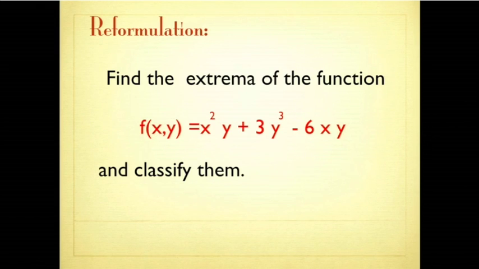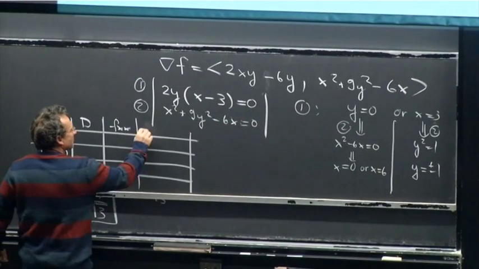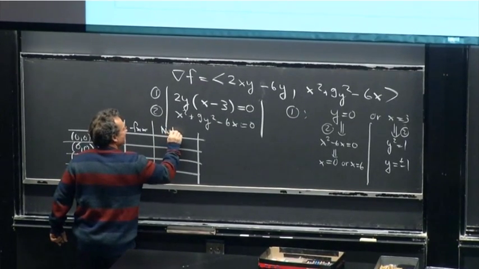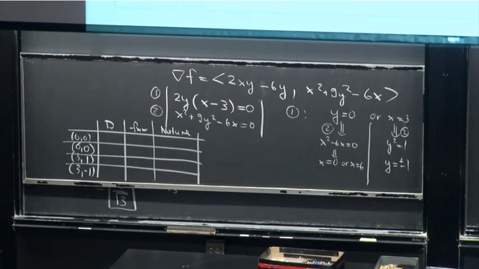So let's just do that with this problem. The first step when you see an extrema problem is first of all to realize that it's an extrema problem, and also to realize it's not a Lagrange problem, right? There is no constraint here. So that's important. Don't use Lagrange if it's not Lagrange. So this is an extrema of a function of two variables. So we have to compute the gradient of this, right? So this has to be 0. We want to find critical points. What is very helpful is to factor things out. We want to compute D, we want to compute fxx, we want to find out what is the nature of the critical point.